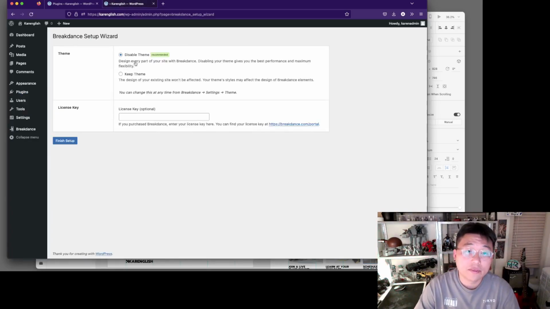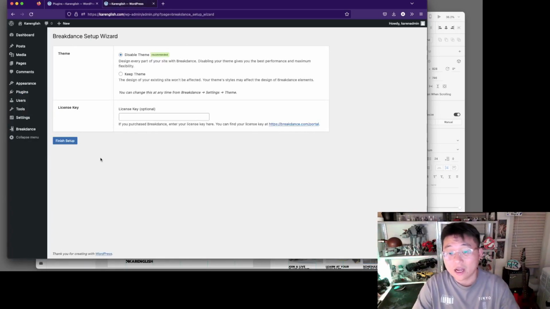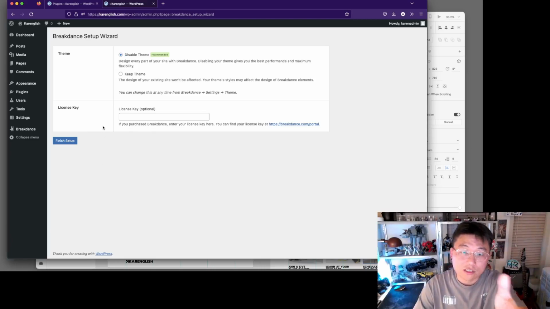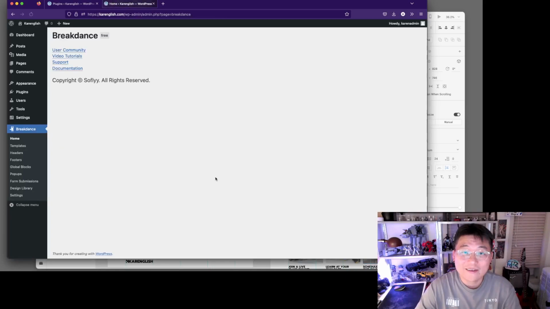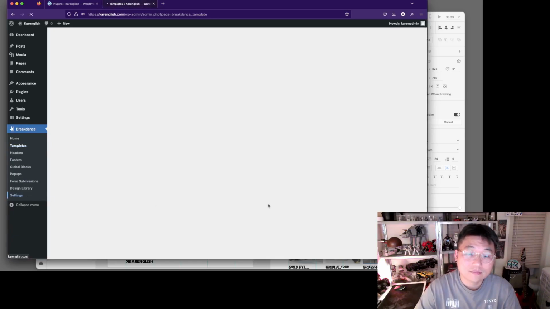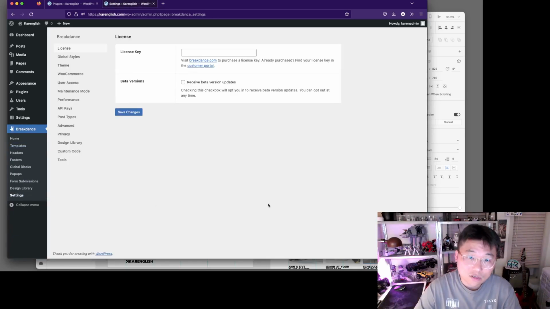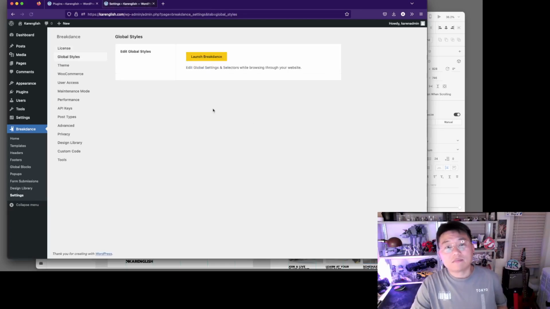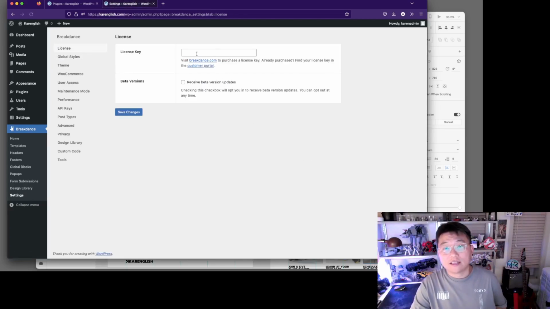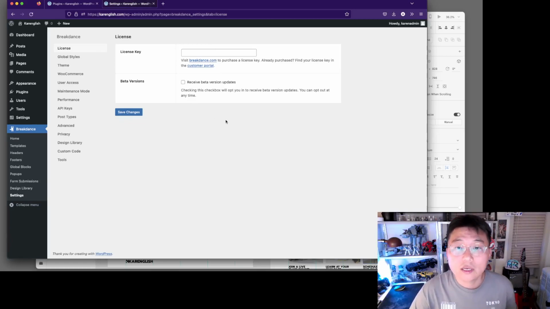All right, disable the theme, license key. I'll put in later because I have my license key. I just don't want to have it shown plainly here. So that's it. There we go. All good, and we are ready to go. Cool. Now, I think there's almost no way around not showing that license key, because if I click on settings, I'm going to end up here. So anyways,